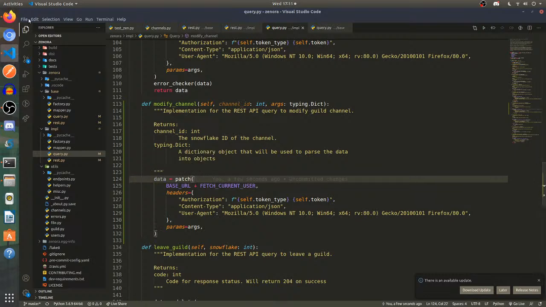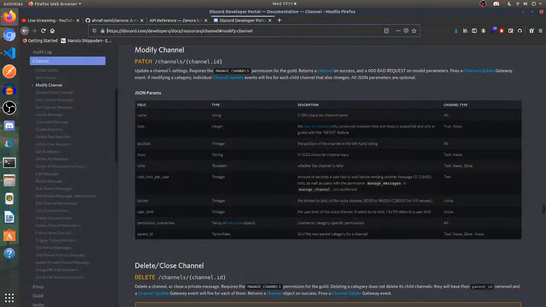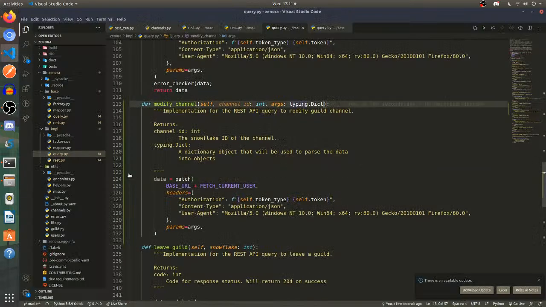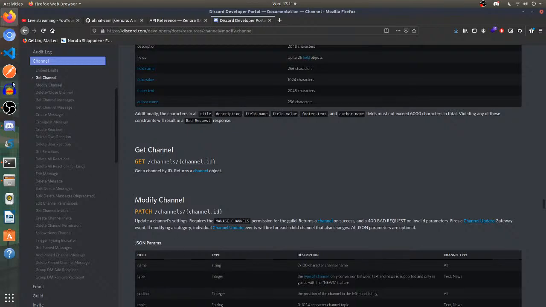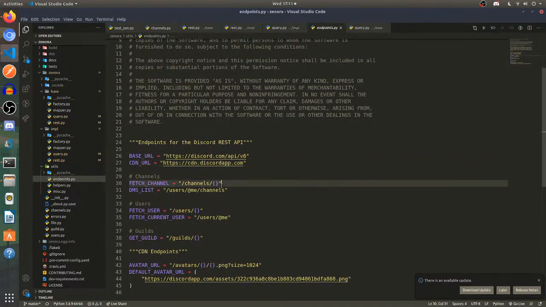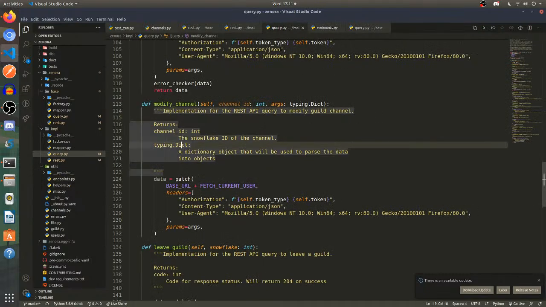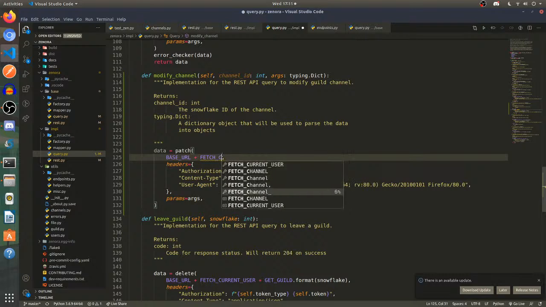So we have the patch function over here, and let's check channels/channel ID, and this is the endpoint for getting a channel. So these 2 endpoints are the same but use different request methods. That means I have this in my endpoint, so fetch channel, yeah, it's over here, and let's do modify channel, fetch channel dot format.